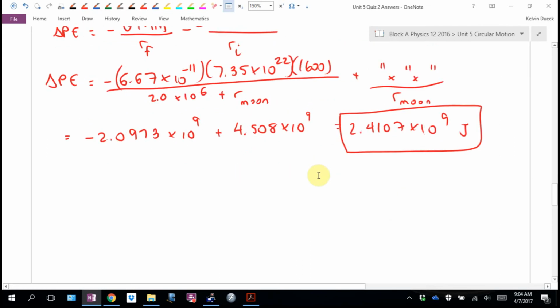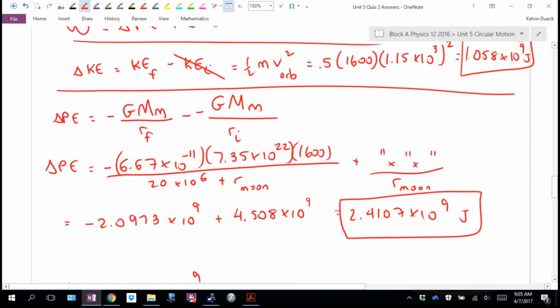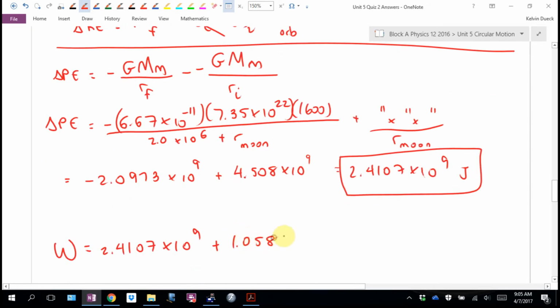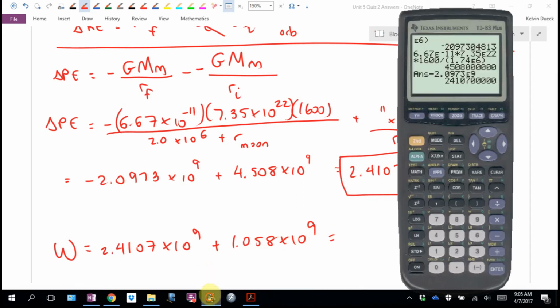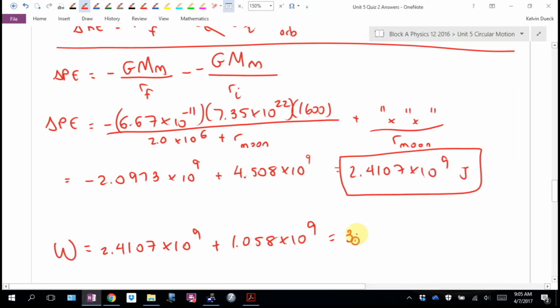Whew, final answer. Work is going to be change in potential plus change in kinetic, 1.058. And I get, do you get 3.47 times 10 to the 9th? People nodding? 3, 4, 5, 6, 7, 8, 9. Yeah, 3.47 times 10 to the 9th